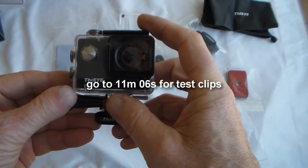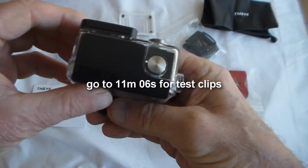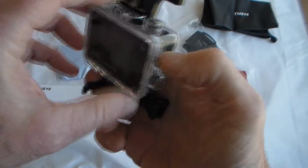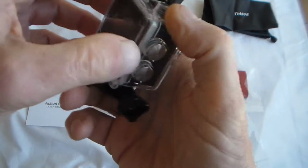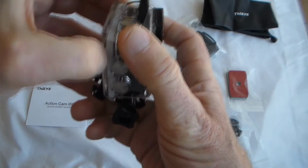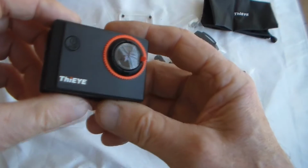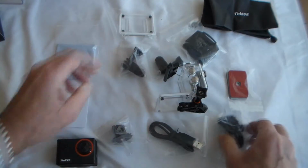Right, so here we have the i60 action camera. Let's see how we get it out of the case. Easy. First impressions, looks nicely made. And what else have we got? We've got